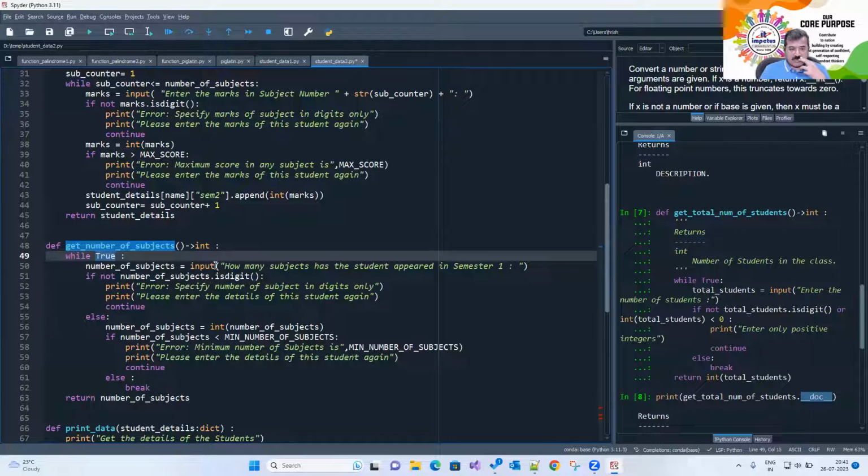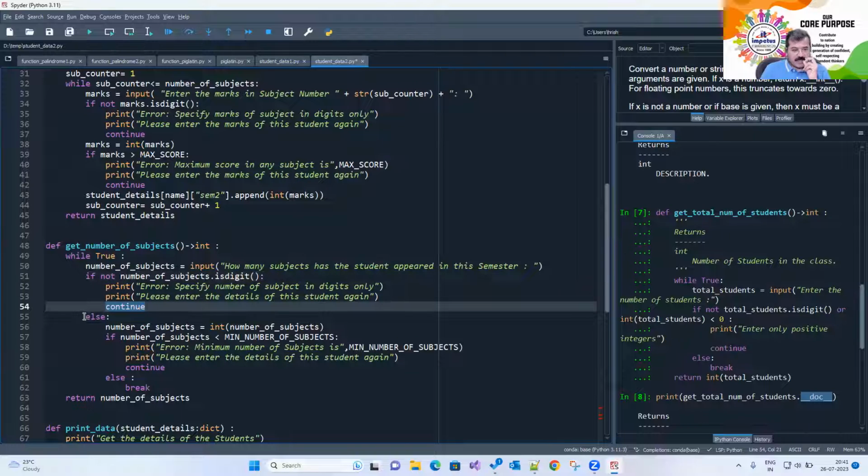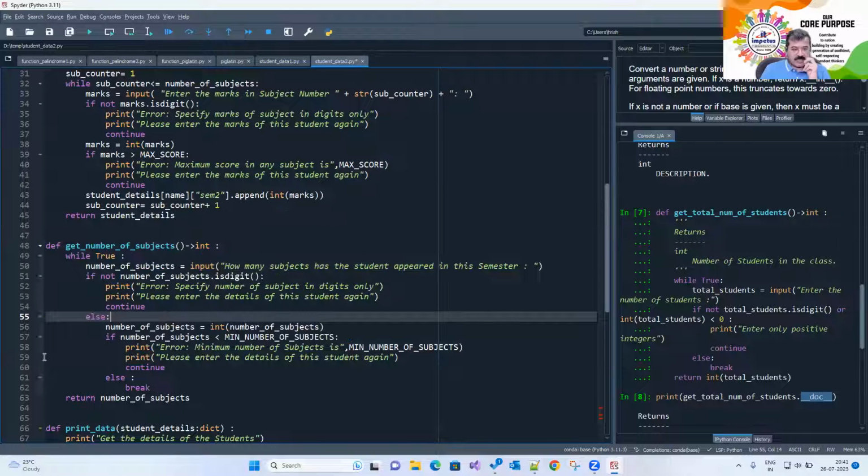Now in get number of subjects, again using while true, input how many subjects the student plans to appear in this semester. If not number of subjects digit, error: specify number of subjects only in digits only, please enter details of the students again. Okay, continue कहा। else, अब मुझे else में क्या करूँ, नंबर ऑफ सब्जेक्ट सही है तो else क्यों चाहिए,